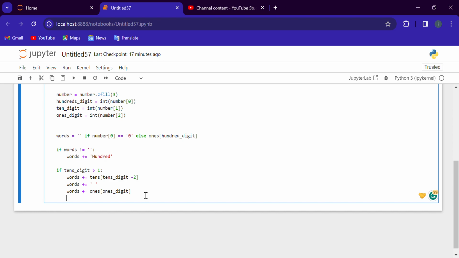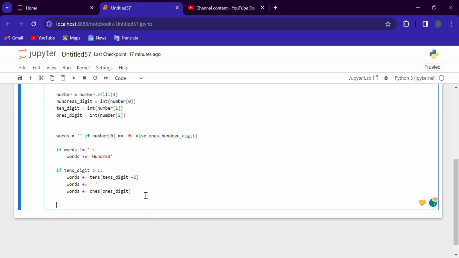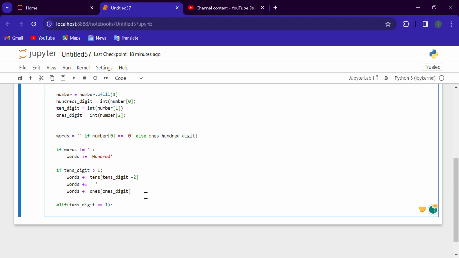I'll continue my code from here, where we defined some conditions and incremented the words array. Also, now what I'll do here is use else if tens digit is equal to 0. What we have to do, if the tens digit is equal to, sorry, 1, what we have to do is words plus equals to